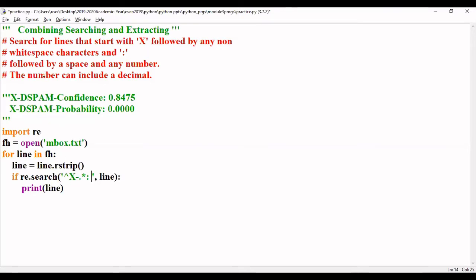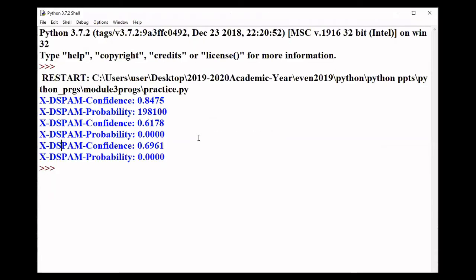The question says after the colon it is followed by a space and any number. The number could also include a decimal. So within square brackets we can write 0 to 9 and also dot, which indicates either a 0 to 9 digit or a dot. Fine. Now let's execute this program. The output we got. Now see here in the second line,